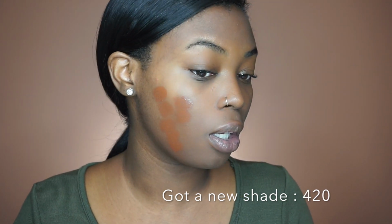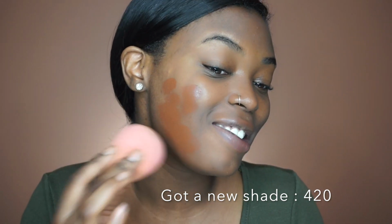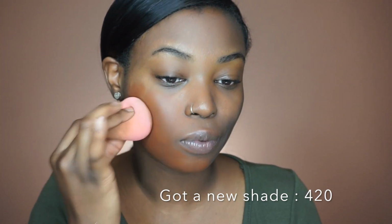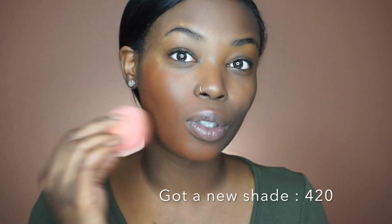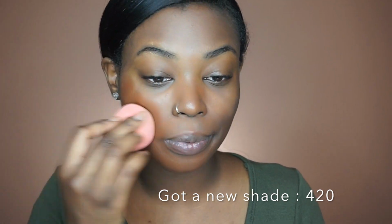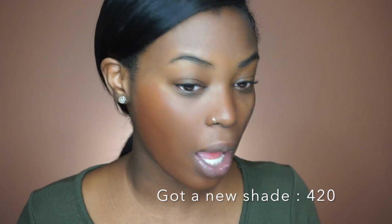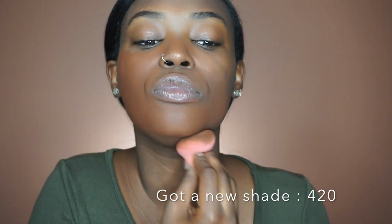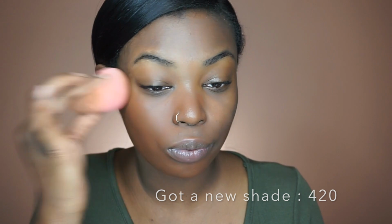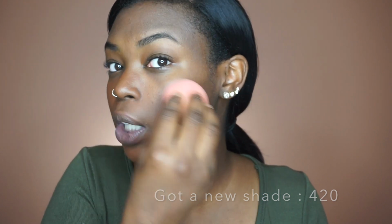So this looks dark. Now that I'm inside of my studio, my recording space, y'all, this looks dark. Oh, I'm worried. And it looks super red now as well. Yo. Okay, so we're gonna keep rolling. Just gonna keep going with it. Keep on pushing on, and hopefully I can